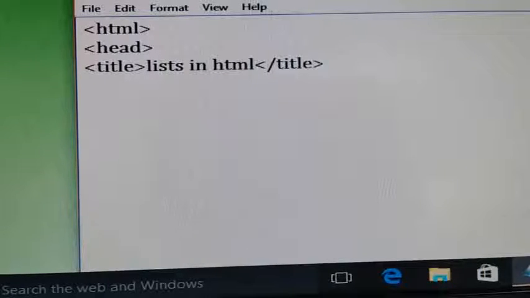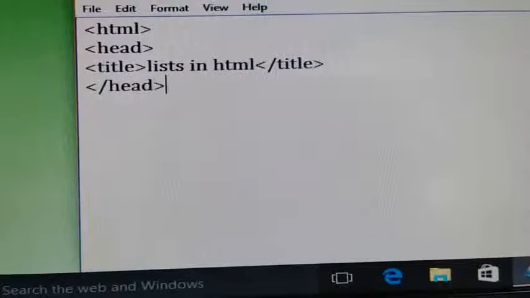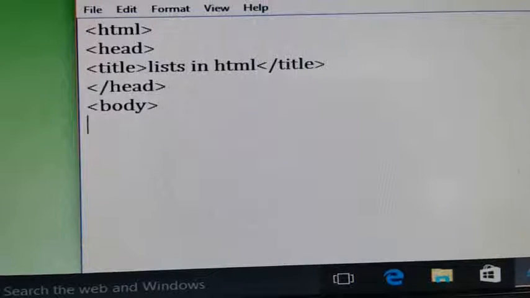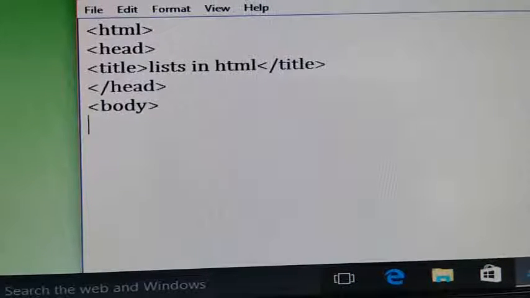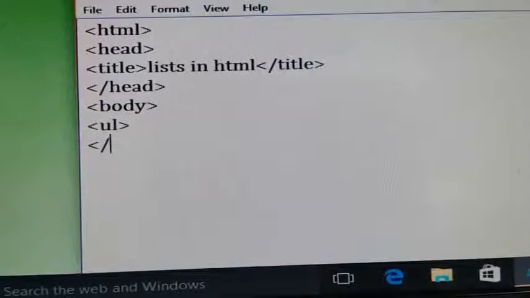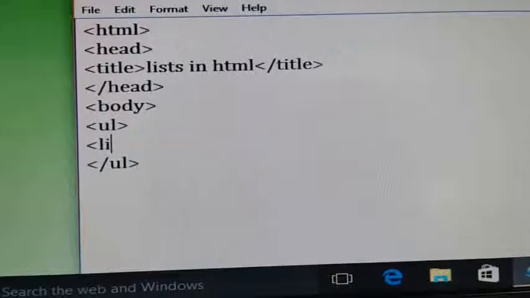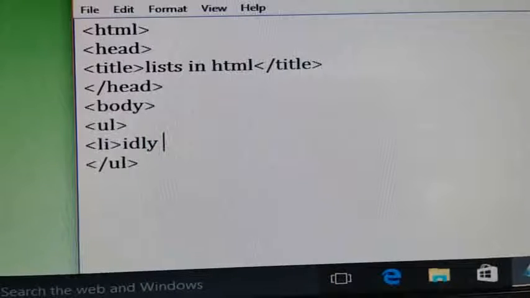Next, close the head section. After closing the head section, open the body tag. Inside the body tag, first I will explain the unordered list. An unordered list starts with the UL opening tag and ends with the UL closing tag. Inside this you have list items, li, for example idli, and close li.